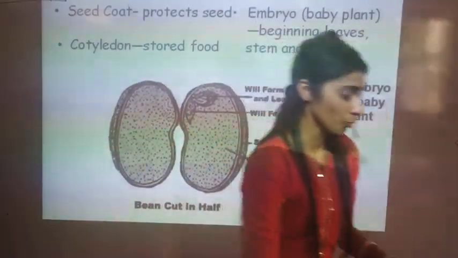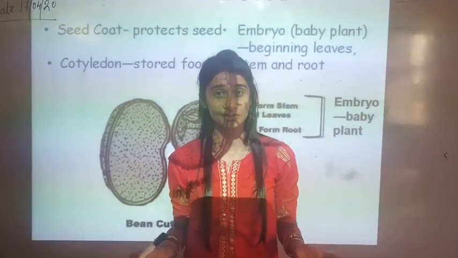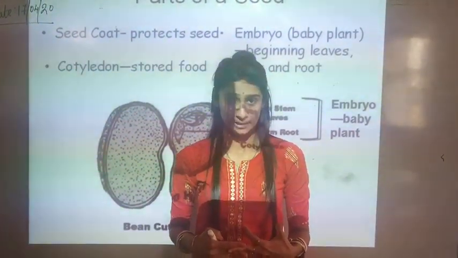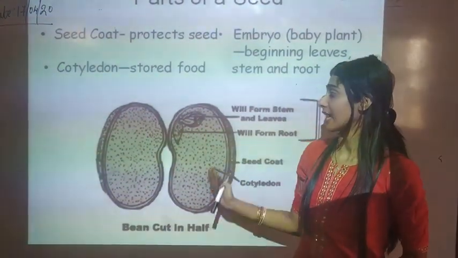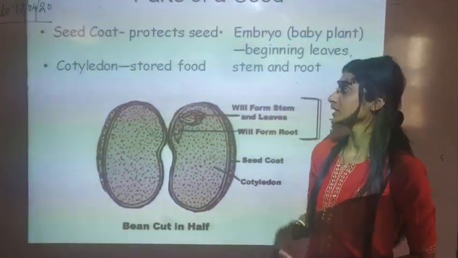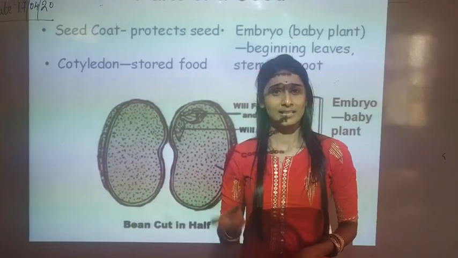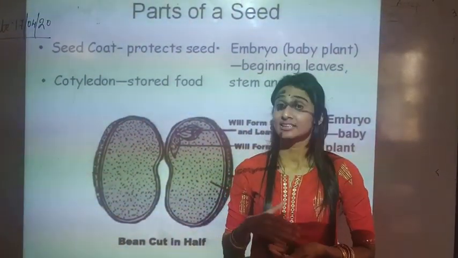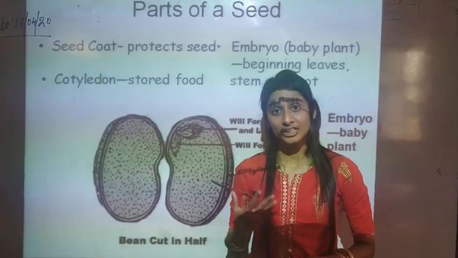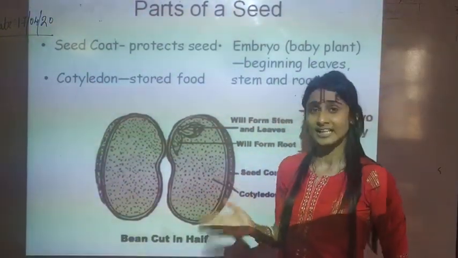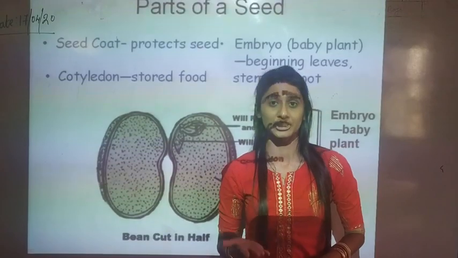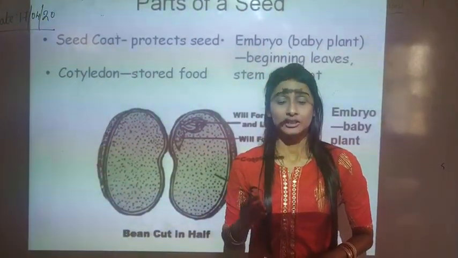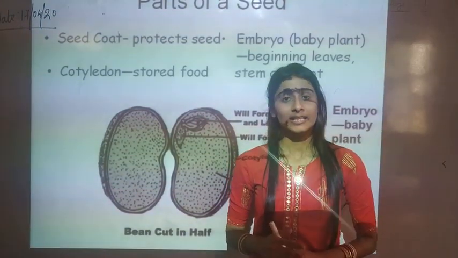Now let's know how the plant grows. The plant grows from a seed. See, this is the diagram of a seed. So there is an embryo, that is a little plant that is hidden inside the seed, and this is protected by a seed coat. When this seed gets proper conditions like moisture, sunlight, water and warmth, then it